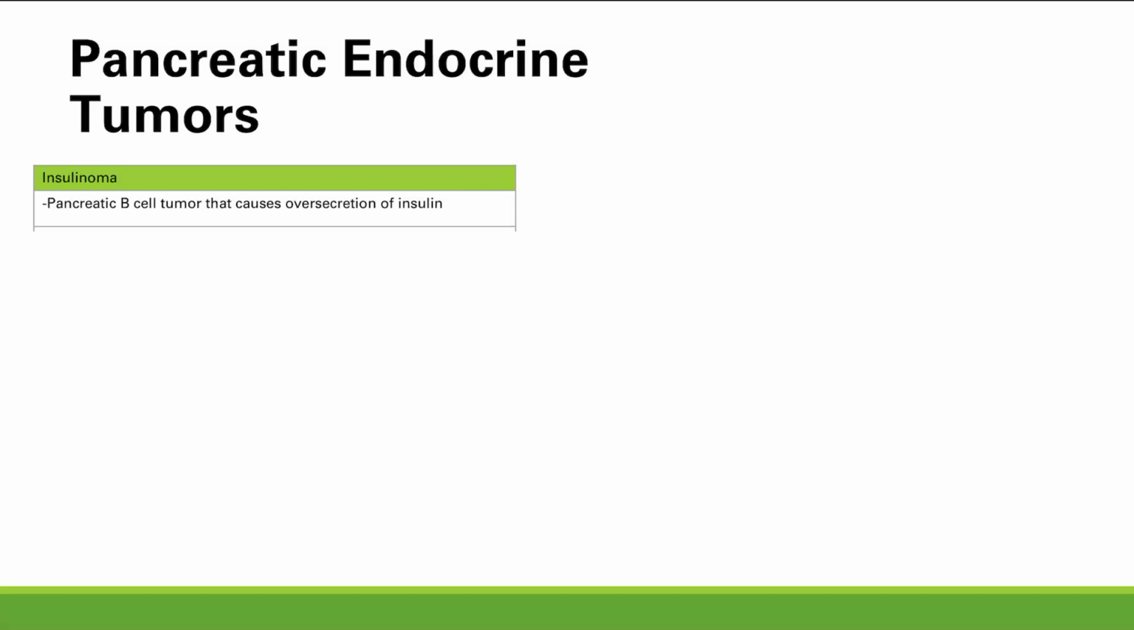So let's talk about tumors of the pancreas. And tumors of the pancreas are three types. What were the three cell types in the pancreas? And what hormones do they produce? Remember that there were the alpha cells that make glucagon, beta cells that make insulin, and then delta cells that make somatostatin. So we're going to talk about insulinoma, which is a pancreatic beta cell tumor with oversecretion of